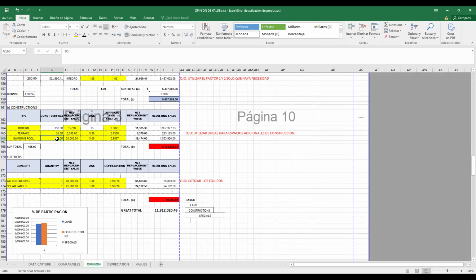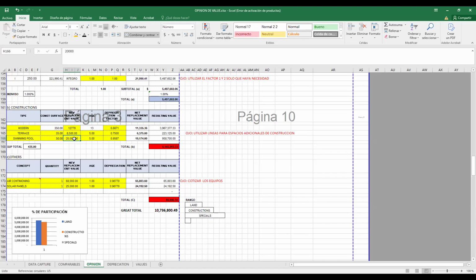The construction surface, I mean, you need to measure the swimming pool. It could be 60 square meters, 50 square meters, whatever it is. But you don't measure the depth? The depth, no. Only the surface, remember, only the surface of the water.